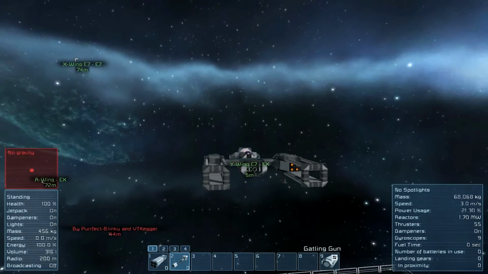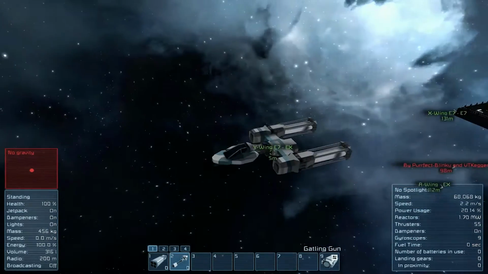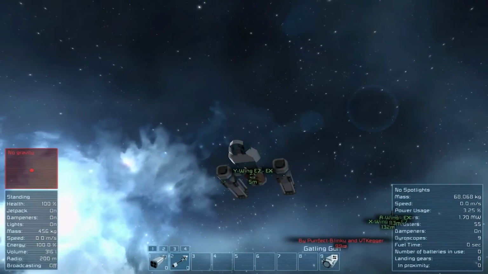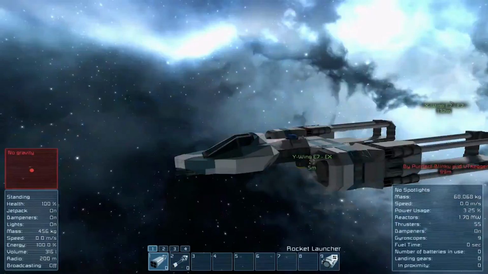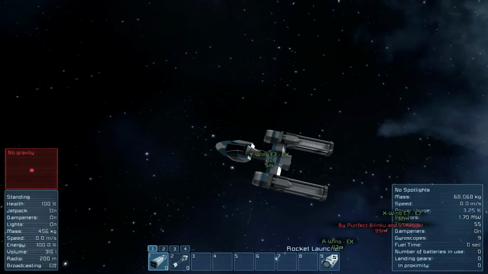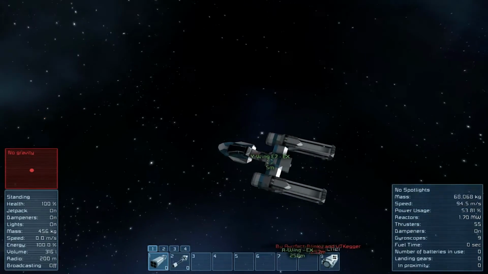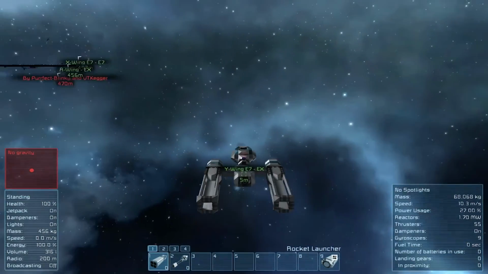Ooh, wow. And... okay, out the nose. Oh, okay, they're using the rockets as bombs. Since the Y-Wing is a bomber. That's cool. Alright. Well, now that we blew up the main X-Wing, that's like the important one that everyone knows